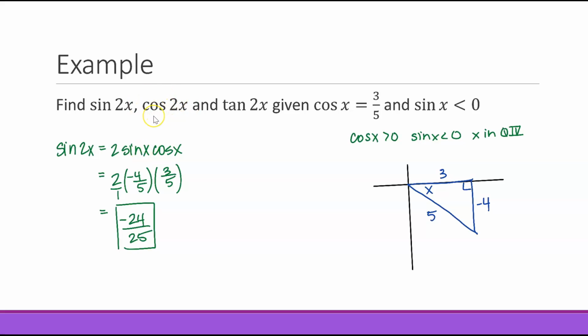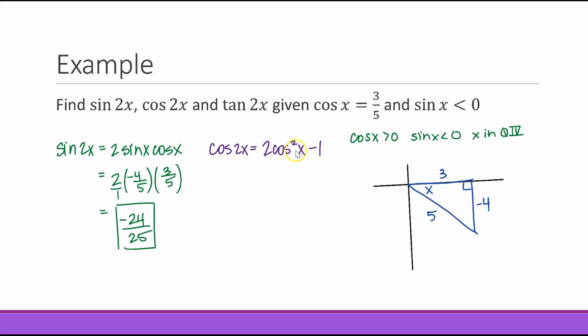Now let's go ahead and find cosine 2x. Well, for cosine 2x, we have different versions, right? And we do have both the value of sine x, which is negative 4 over 5, and the value of cosine x. So we can use any version we want. But the one I am going to go ahead and use is 2 cosine squared x minus 1. And the reason is just because I know for sure the value of cosine x. Like maybe I made a mistake drawing this triangle, so I don't want to use sine x. I mean, I could because I didn't make a mistake, but